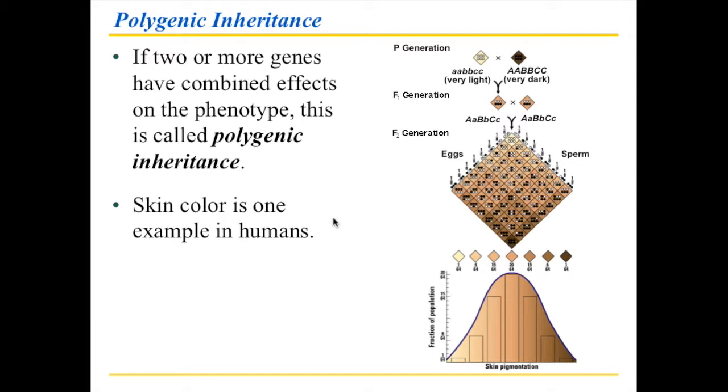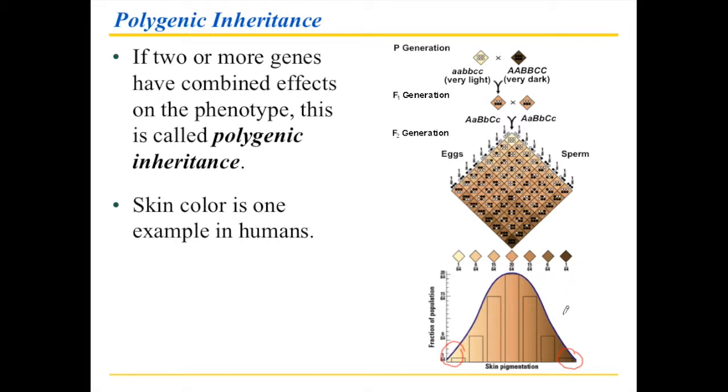Now you don't have to know how to do this because there are just so many different little boxes, but the point is, when you look at this overall, you can come up with a distribution. And so there's your distribution. You see that there are relatively few people who have the very, very light skin type. You have very few people who have the very dark skin type, and sort of in the middle, that's where you find most of the people in terms of the skin type. And that's again predicated on genetics.